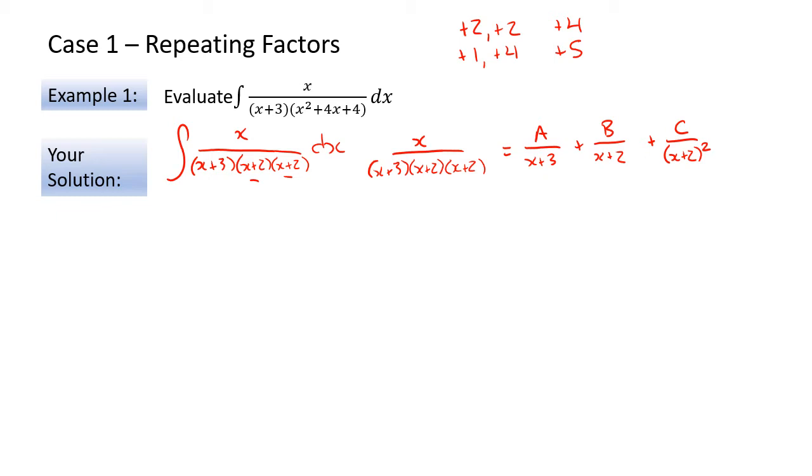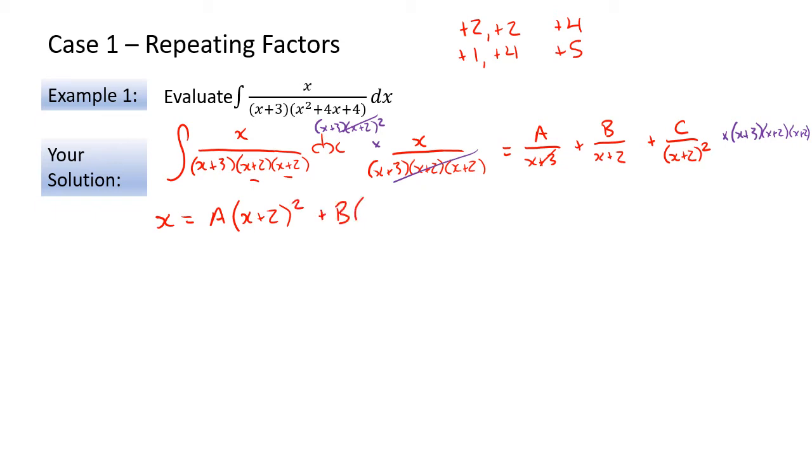So just like we did in the last example, our next step is to remove the fractions. And we do that by multiplying both sides by all of the factors. So we have (x plus 3) times (x plus 2) times (x plus 2). And we do that to both sides. Okay. So these factors will cancel on the left-hand side. And what we're left with is x is equal to, on the right side, we have A multiplied by, in this case, just the x plus 3 term will cancel. So it's A times (x plus 2) squared